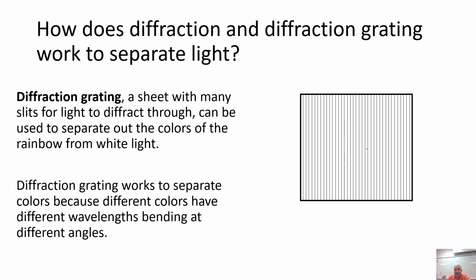The diffraction that occurs from all the different wavelengths in that white light will cause it to bend out. If you ever see a diffraction grating, I should have had a little animation of it, but you're going to see a kind of kaleidoscope of colors show up in this grating. If you don't shine light through it, it looks kind of light, but once light shines through it, or if you just put a diffraction grating close to your eye and look at the light, you're going to see all the colors of light separate.